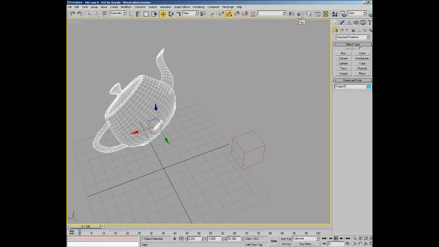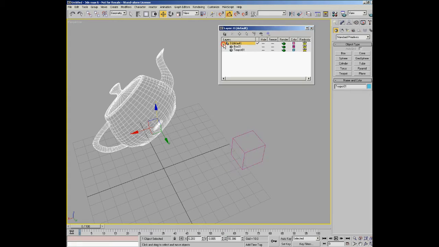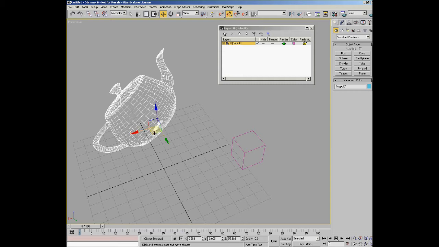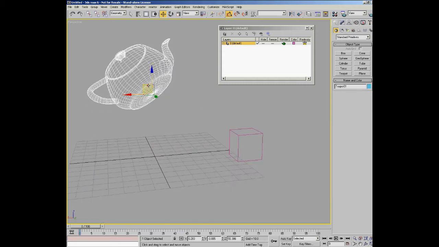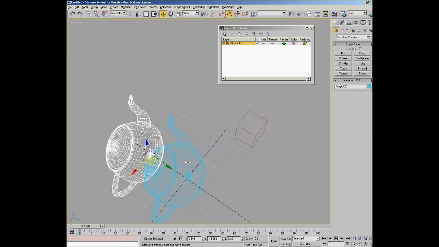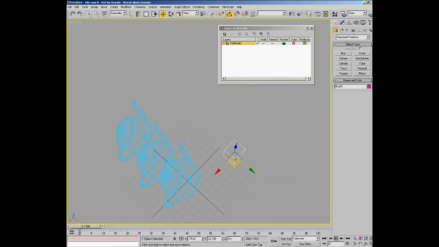To the right of the align tools we have the layer manager, and if we open that up you can see that we've got a default layer which everything in the scene is put under. So you can see that if we open it up, we've got the box and the teapot, and they're both under the default layer. But let's say we wanted to have a bunch of teapots, so we'll move this teapot down here and I'll move it over here a little bit and copy it, and again, okay, and I'll do the same thing for the cube,